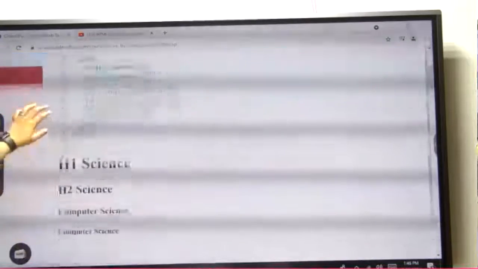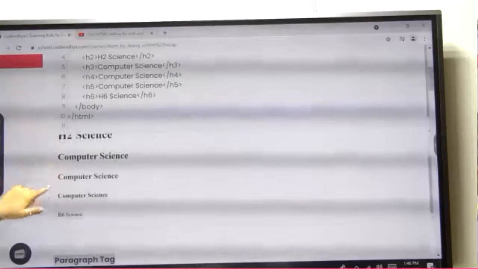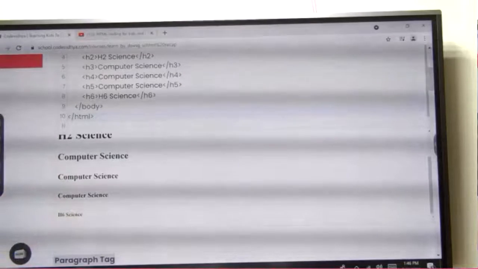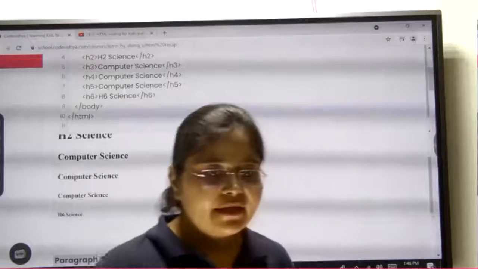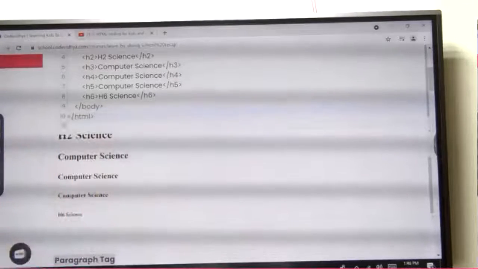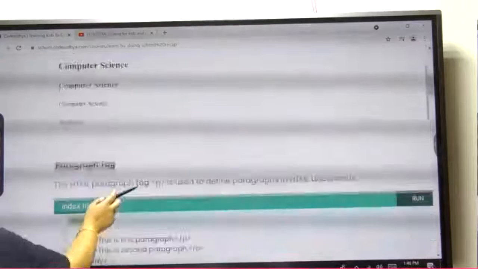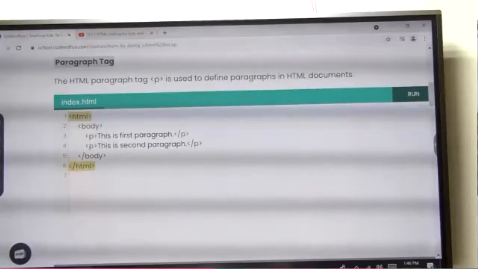See, H1 सबसे बड़ा, H2 उससे छोटा और H6 सबसे छोटा. Is it clear? So this is all about different kinds of heading tag and these tags are known as container tag.